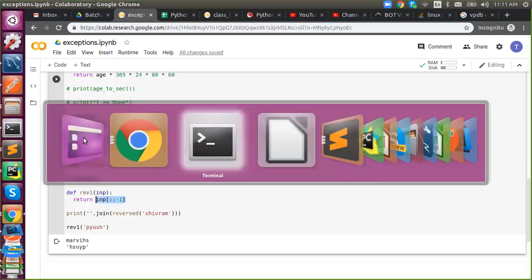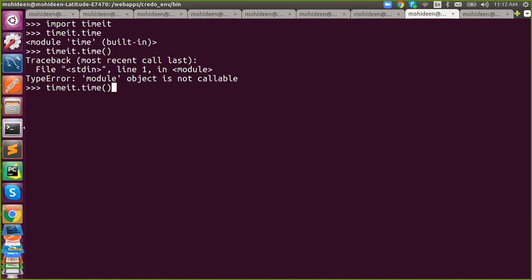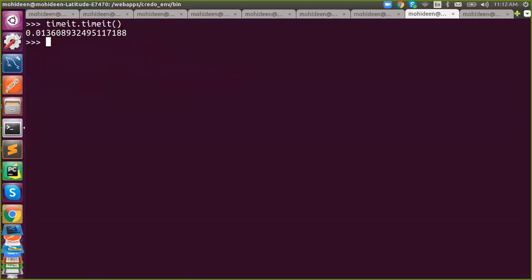We have two options. One is with the help of just a basic timer. We have to import a package called timeit. It's like a timer, like a stopwatch, right? This is something similar. This will give you the start time.